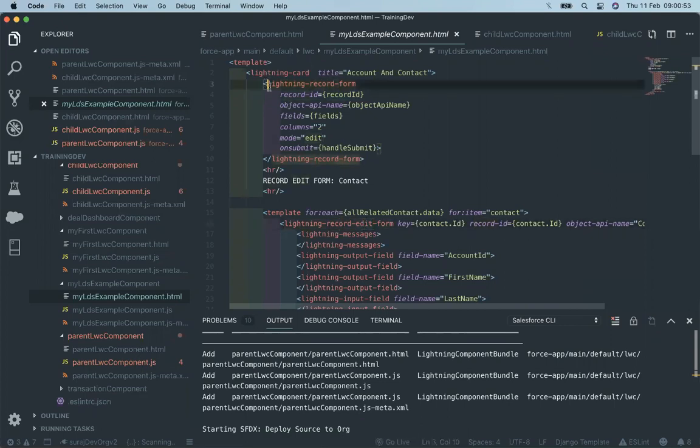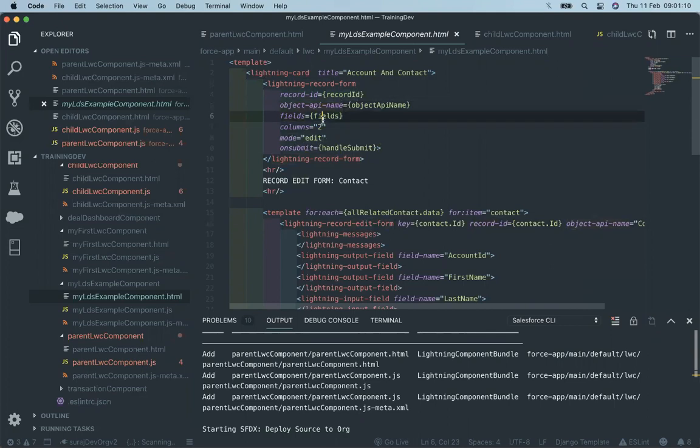Record form is usually used whenever we have a predefined set of fields, or we have to update all the fields at one moment. Then we have to use the record edit form, and if we pass the ID in the record edit form, it will update, else it will insert the record if we don't pass any ID in the record form.